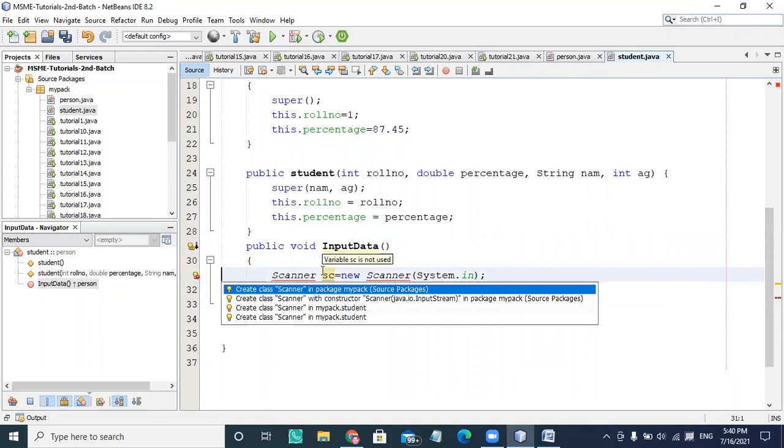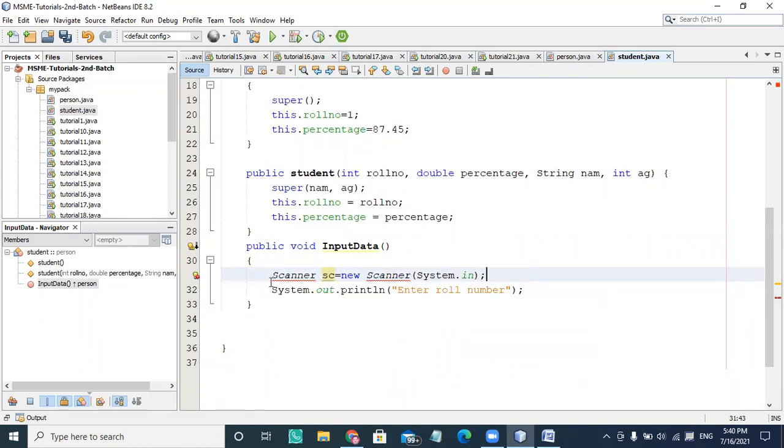The spelling is not correct. Scanner SC equal to new Scanner.